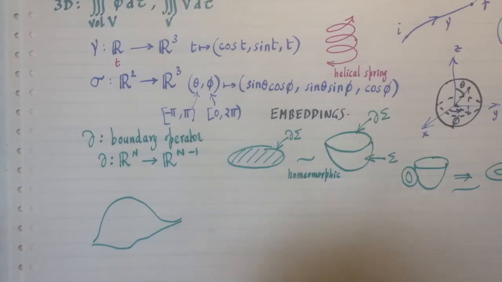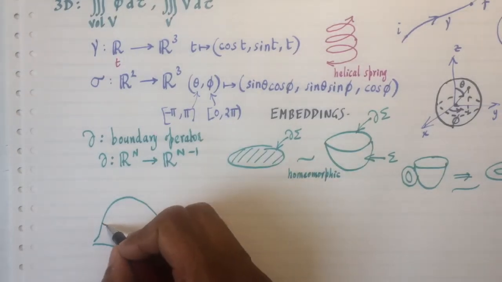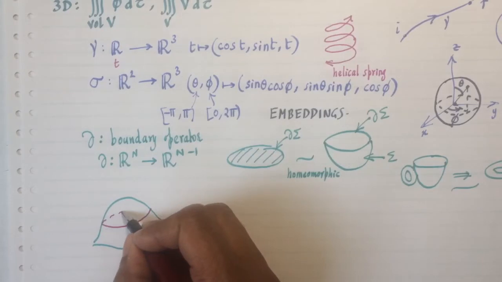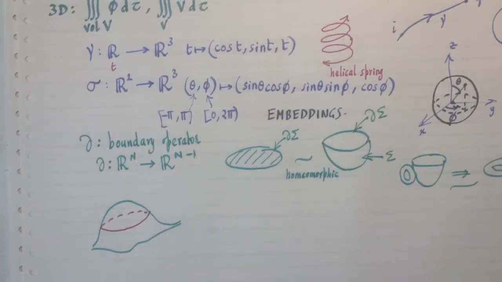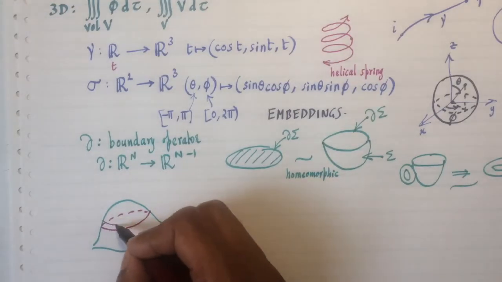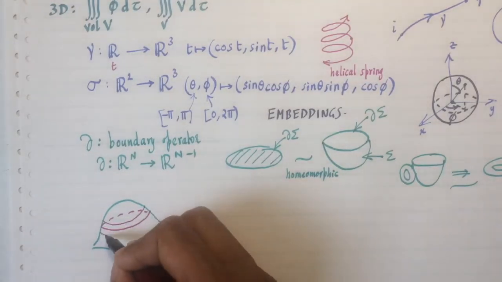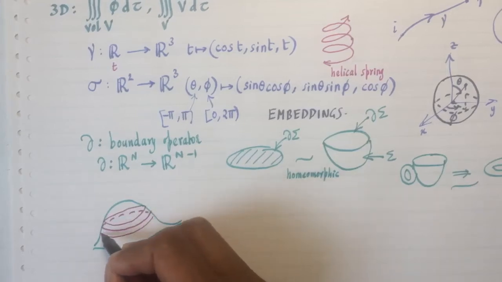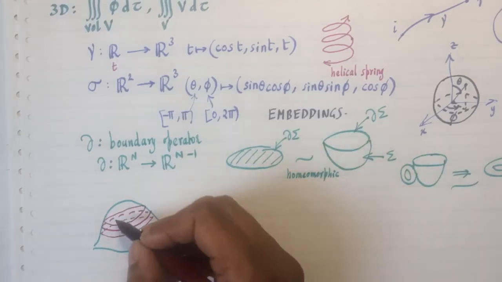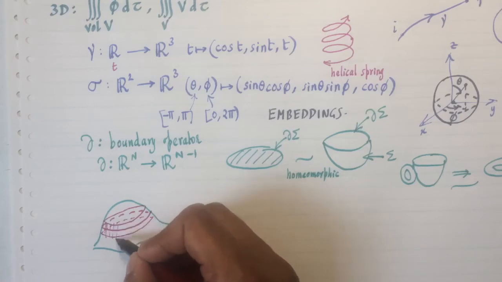Well, what I can do is I can take a closed curve that lies on this floppy hat, and then I can thicken it a little bit. This is called a collar thickening in differential topology. So you thicken it by a collar thickening, and that collar thickening